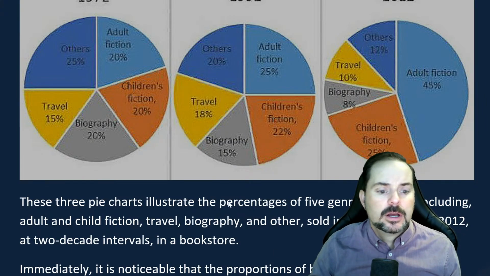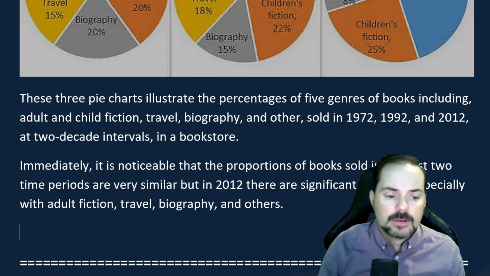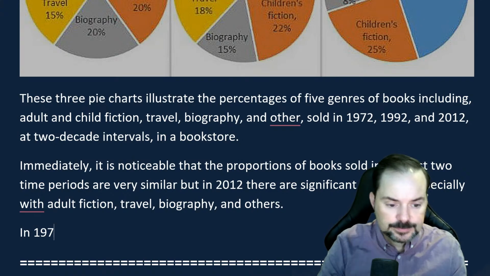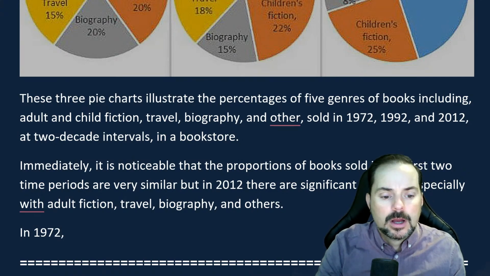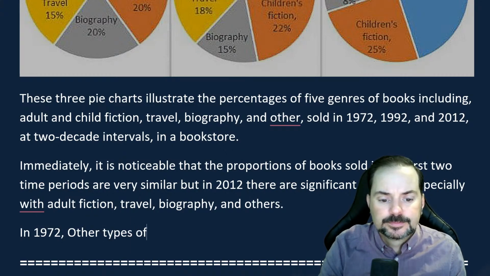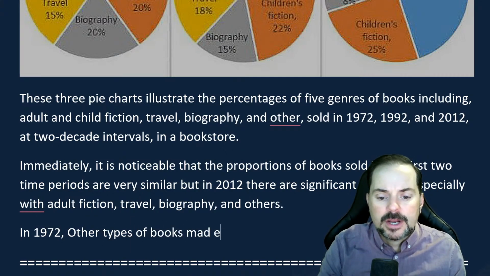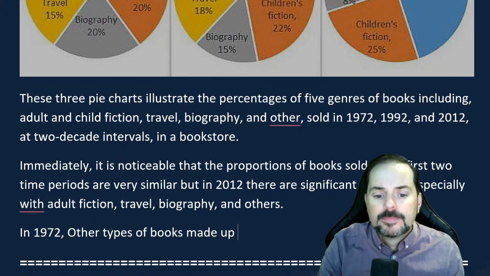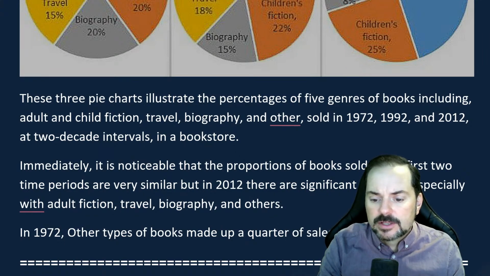All right, here we go. So next paragraph with my first point, others. So in 1972, other books, so other types of books, made up a quarter of sales. So I don't talk about the pie, I talk about the sales here. Made up a quarter of sales,